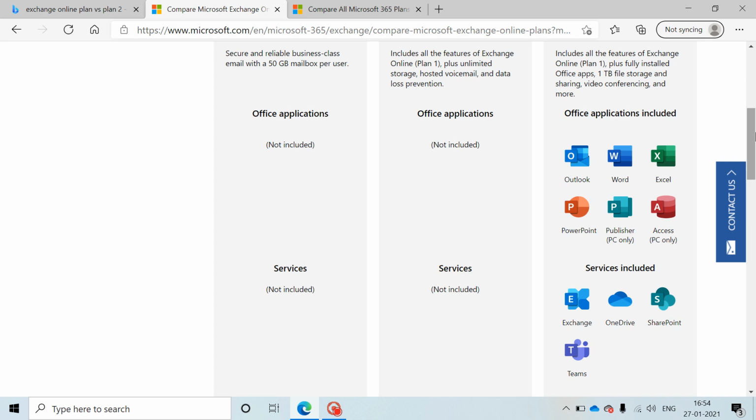Now what is archiving? The archiving feature gives you a space, a secondary mailbox. So you have two parts in one mailbox. One is the primary mailbox, the other one is secondary, that is archiving. Primary gives you 50 GB, archiving gives you 50 GB in Exchange Online Plan 1. Archiving is, whenever your primary mailbox is full, you can create some policies or rules such that your mails move to archiving. That is, you're just keeping a backup of it in archiving.